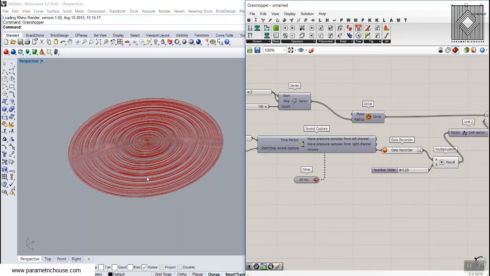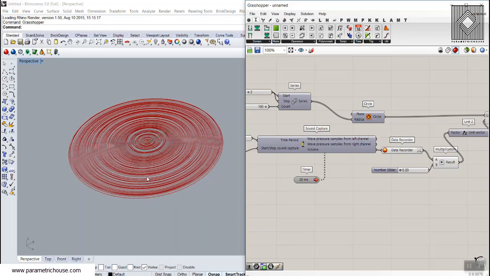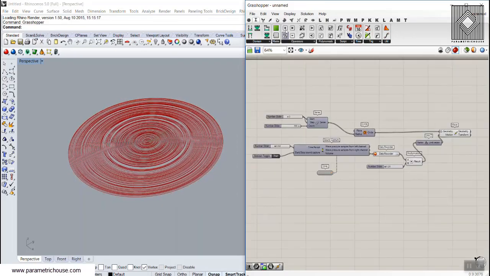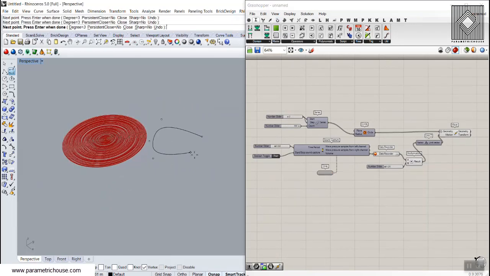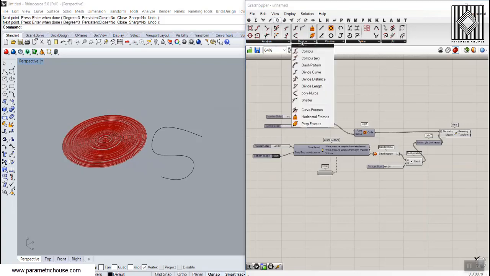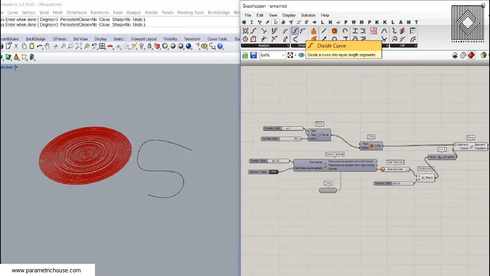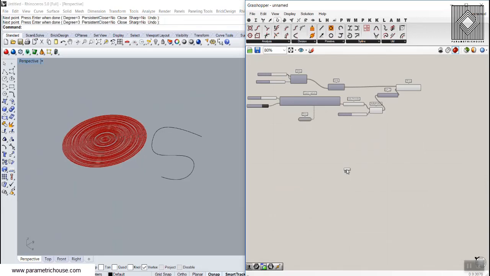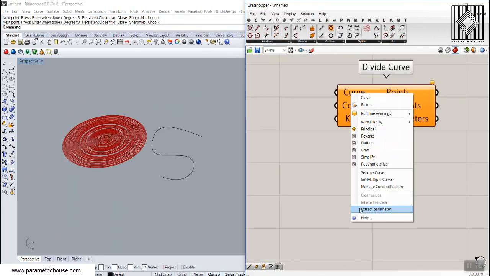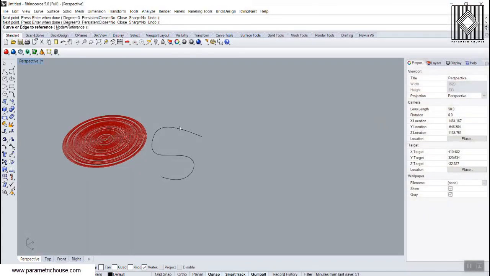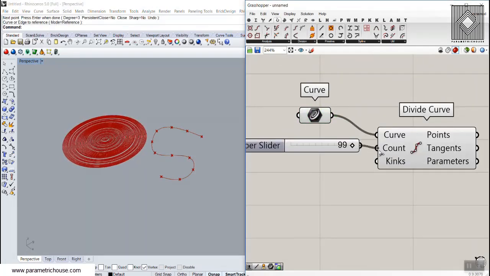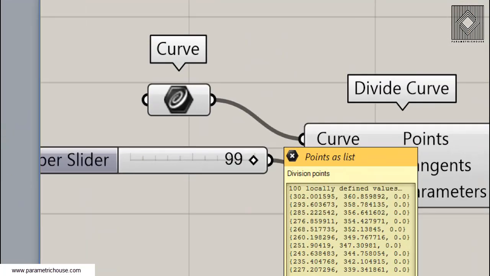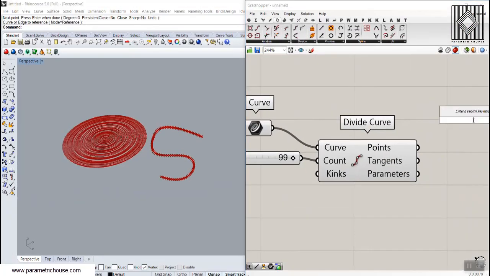We can use it to move geometry. We can use it to, let me show you in another one. So we can have a curve here, and assume that we go to the curve tool and we go to the division. We use the division curve, divide curve, and now I'm going to set this to the curve, maybe divide it into 99 count, so we will have 100 points here. And now we can move these points.